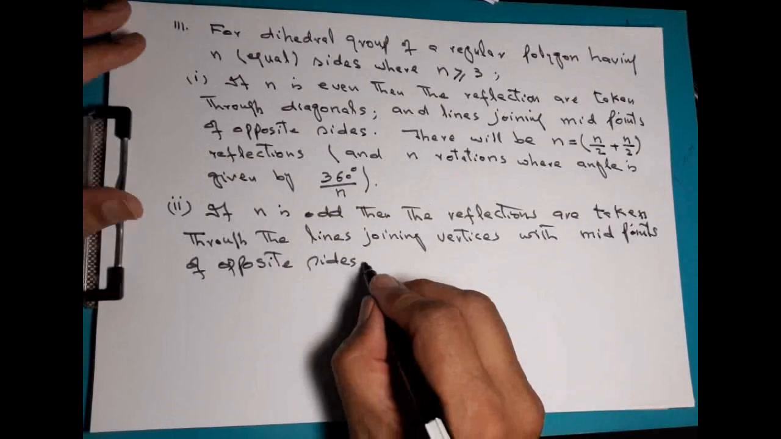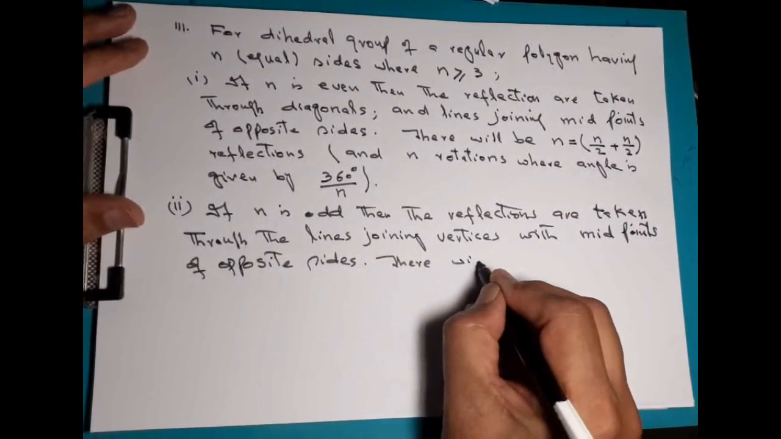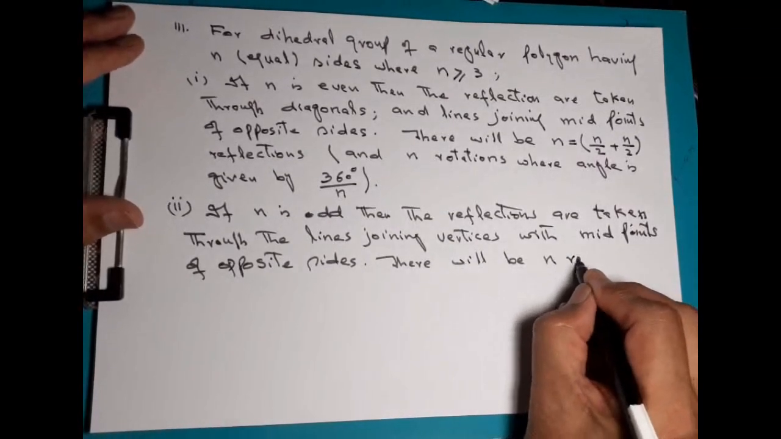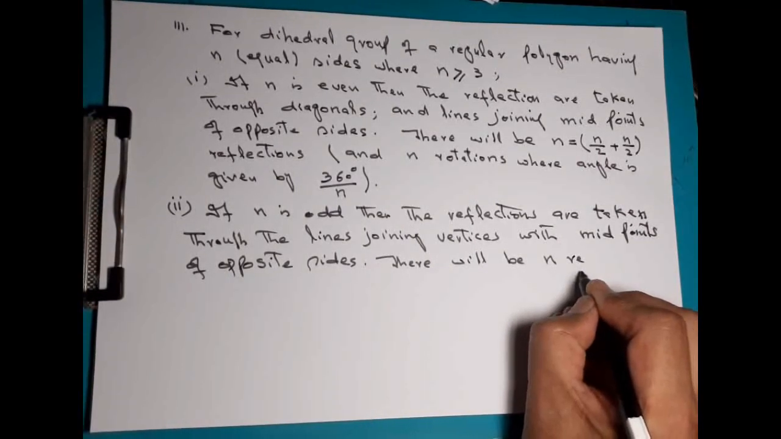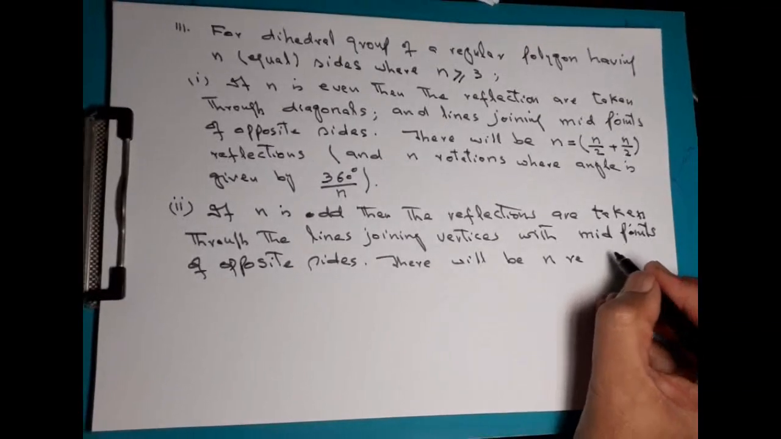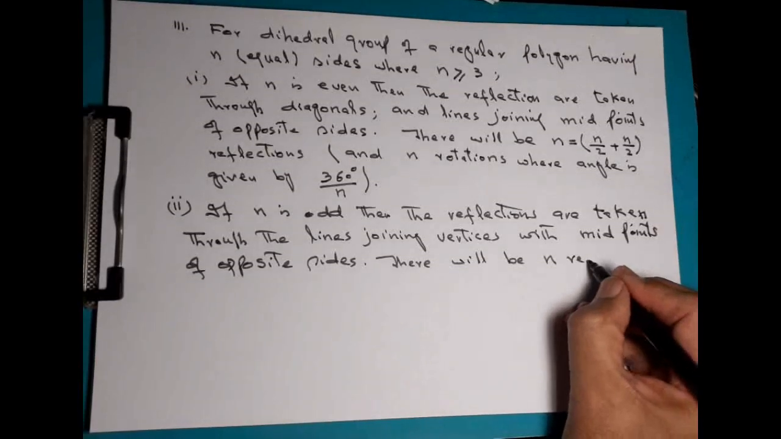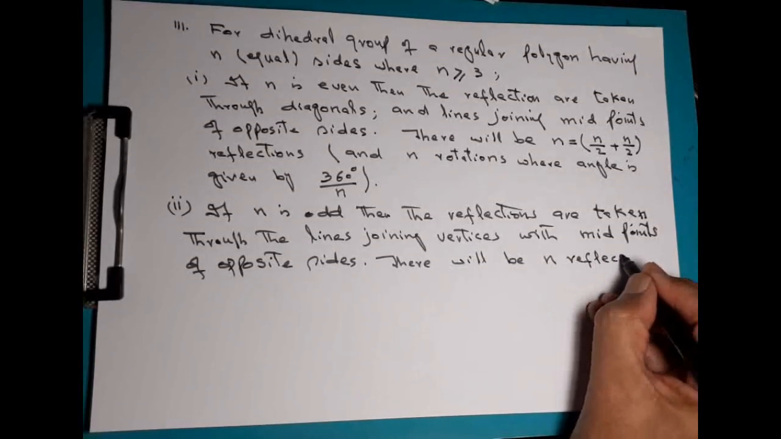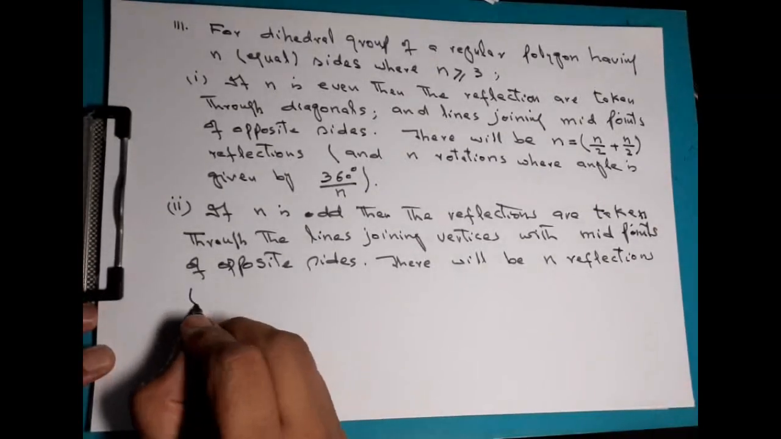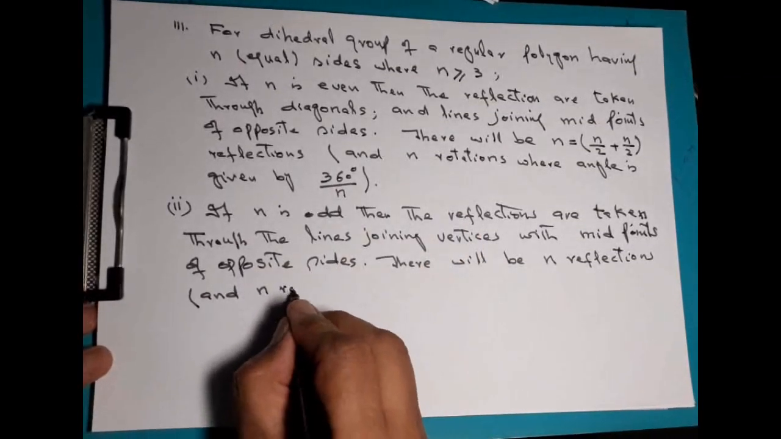And there will be n reflections, because there are n vertices, so you will obtain n lines joining vertices with midpoints of opposite sides. So there will be n reflections. And as above, n rotations,